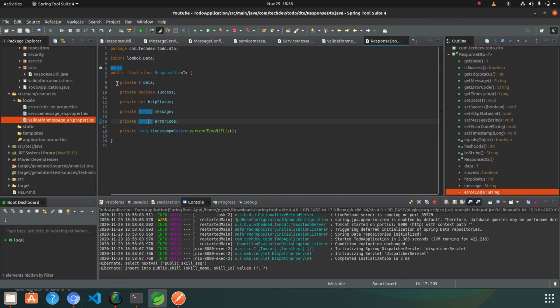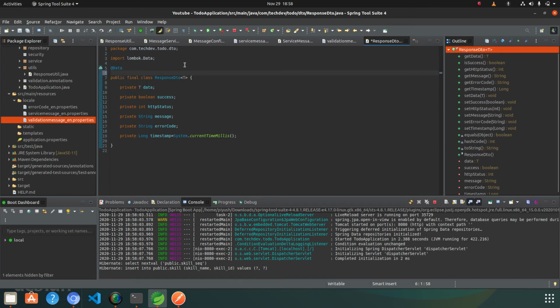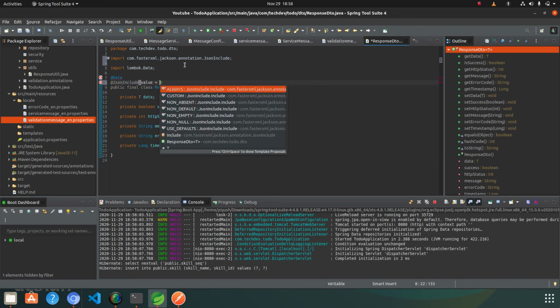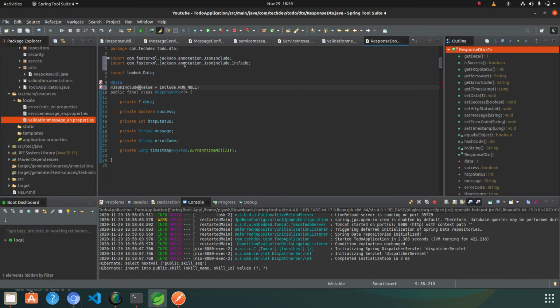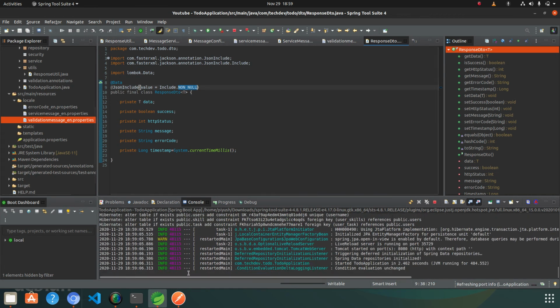in the response DTO we have all the fields. If we do not want the null fields to be returned, means the fields which have a null value should not be written into the JSON, then what you need to do is just use the annotation @JsonInclude, and in that the value would be non-null. If I add that annotation to our class, it will just remove those fields from our JSON which have the value null.